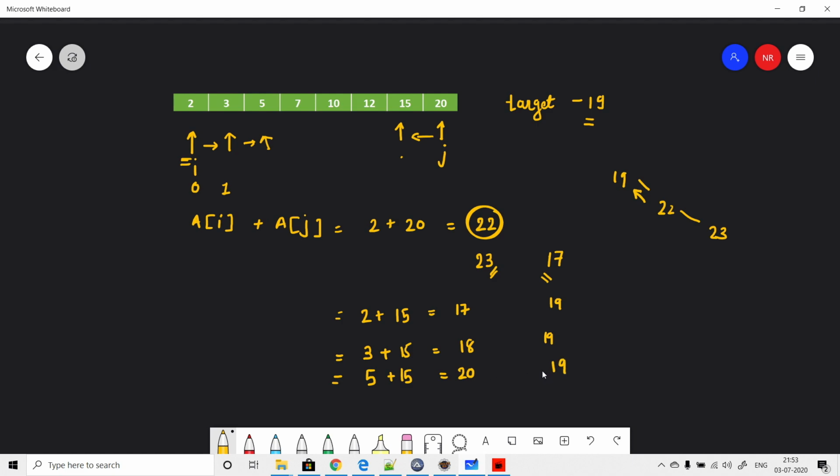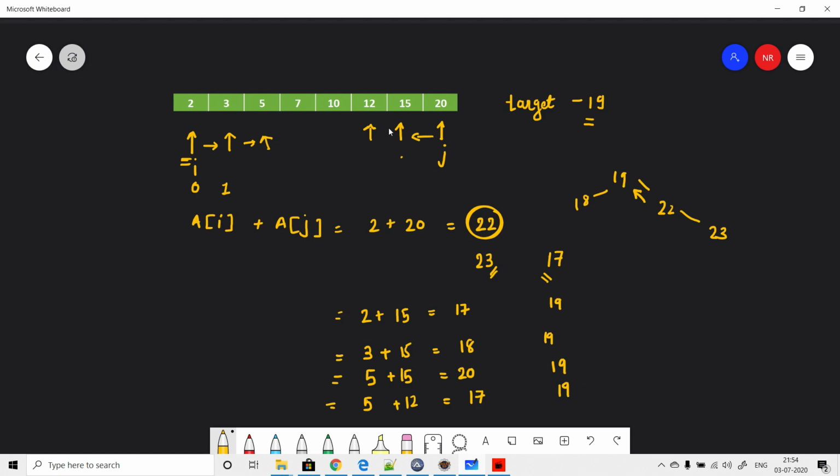That means now I go in the other direction on this side. Previously I was at this 18, now I am in this direction. So that means I need to move this pointer to the left hand side, then only I will get closer to the 19. All right, so when I move to here, let's say 12, my this side pointer is at a 5, this side is at a 12. So 5 plus 12, that is going to be 17. All right, which is again not a match.